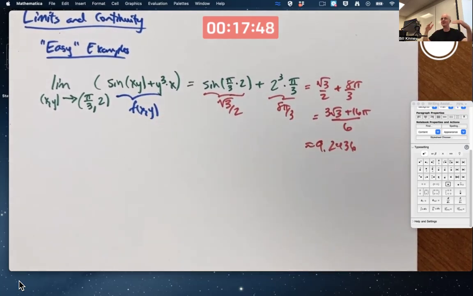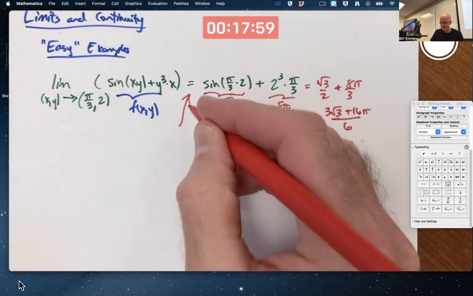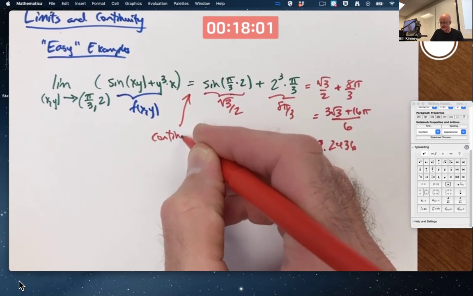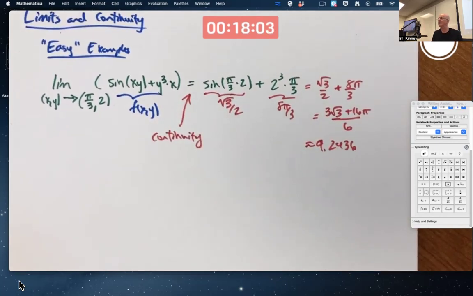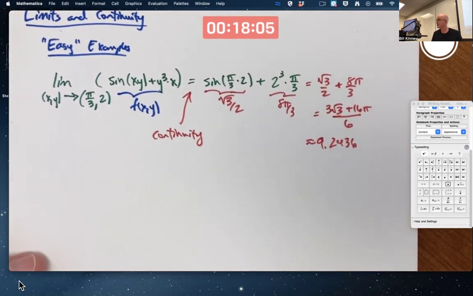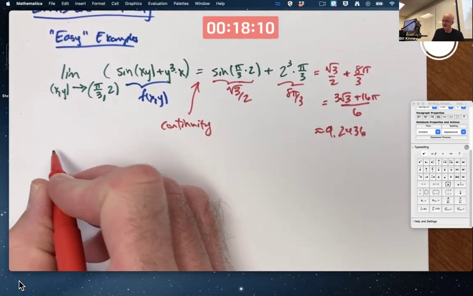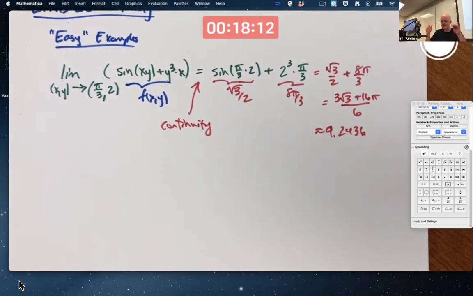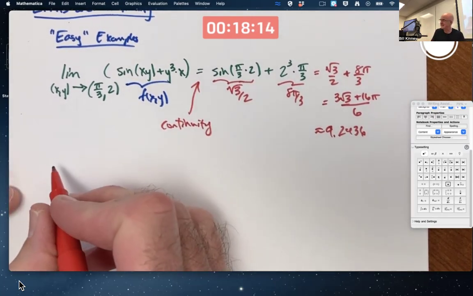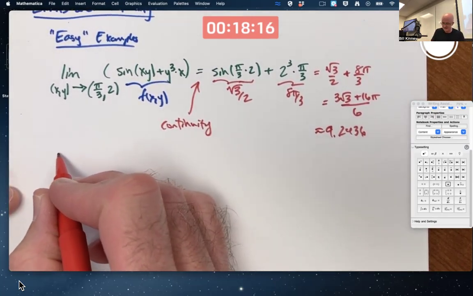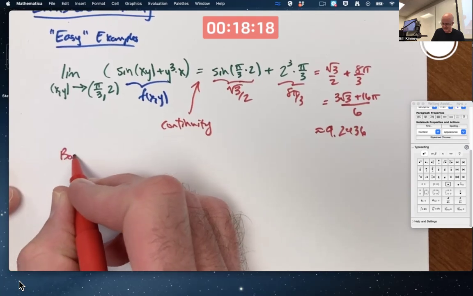This function is continuous everywhere. Its graph, that surface, doesn't have any holes in it, doesn't have any jump discontinuities, no breaks in the graph. It's continuity that is allowing us to evaluate this limit by substitution. You can say a little bit hand wavy. This is not a real precise definition. Basically,